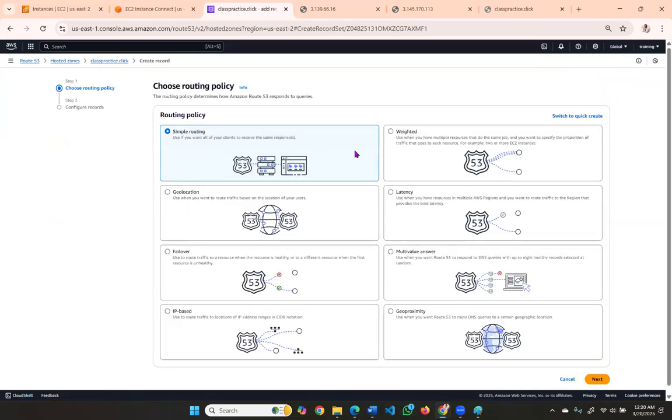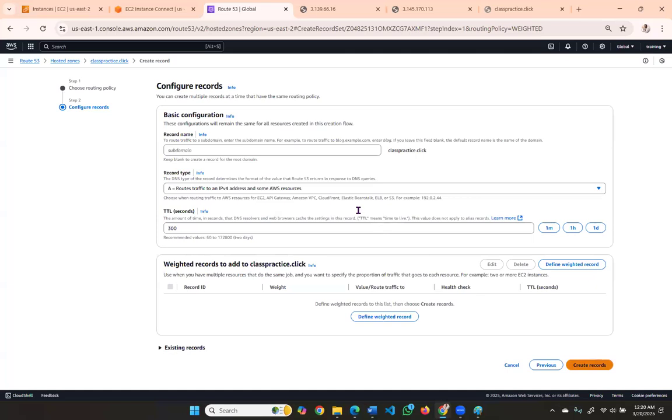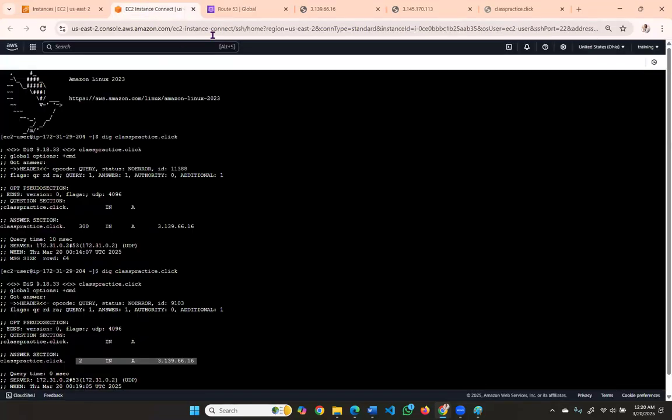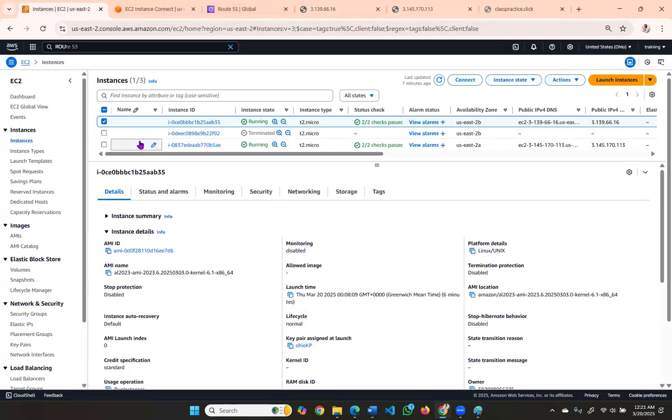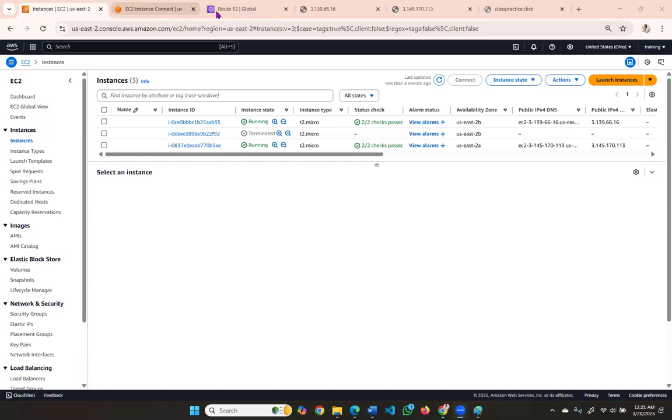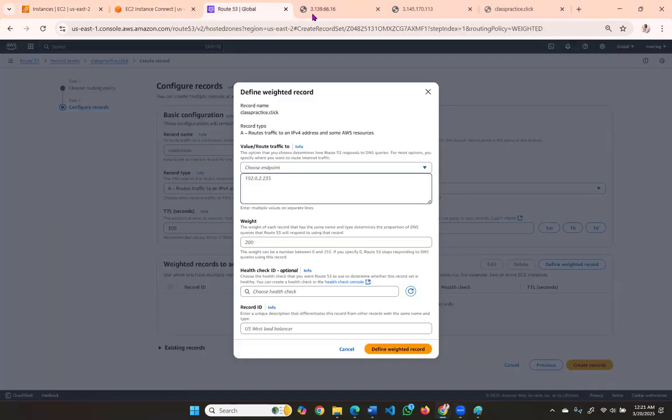This time I'm going to create weighted. And then for the domain, that same domain, I'm going to say A record. But what type of A record? The wizard has already taken me straight there. So define weighted. So I'm going to take one IP address, one of the two that I want to weight to. Okay, let me just use this one,